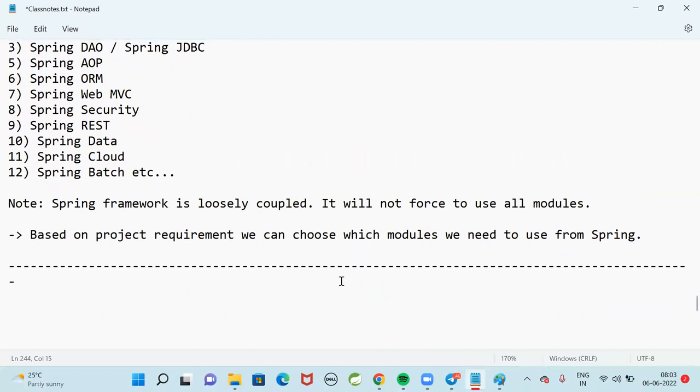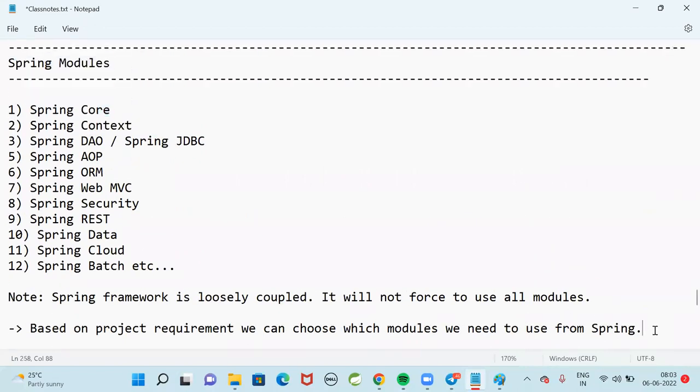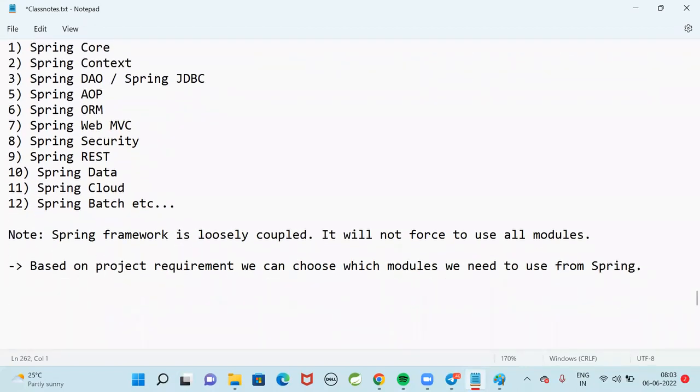Spring Core module is the fundamental module in the Spring and it is the base module for all the other modules.